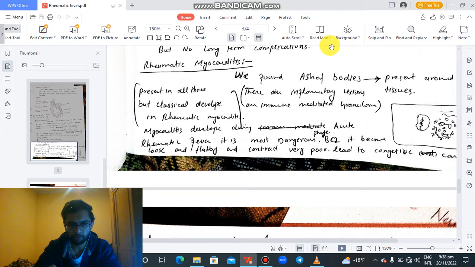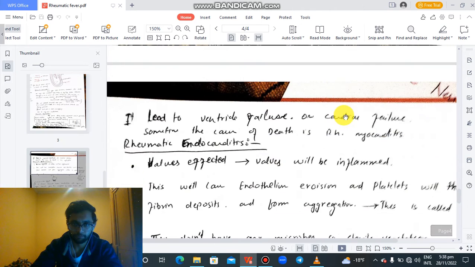Blood moves back from the left ventricle to the left atrium. This will cause dilation of the left ventricle. With dilation, more and more blood starts accumulating in the left ventricle, and later we develop congestive heart failure. The heart cannot pull blood into the aorta. So this is very dangerous. This will even cause death of the patient if it becomes chronic.